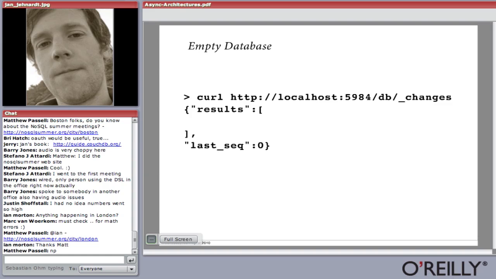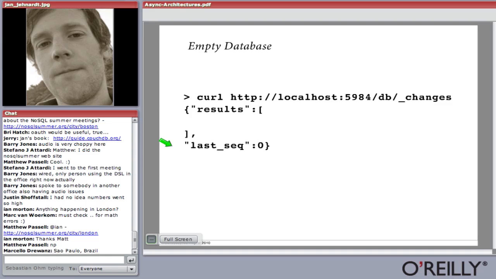So let's see. This is a listing here, and I'm trying to use the pointer to see if that works. I have a CouchDB database that listens on localhost 5984. I have a database called DB, and I'm querying the changes. curl is a command line utility for making HTTP requests. If you don't know about curl, learn about curl. It's really, really cool. And what you can see in lines 2, 3, 4, and 5 is the result of this request. What CouchDB returns is sort of a wrapping